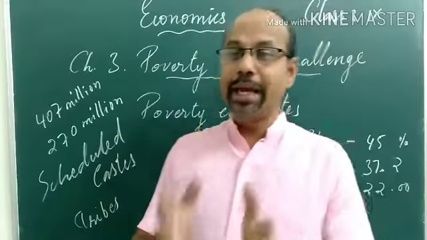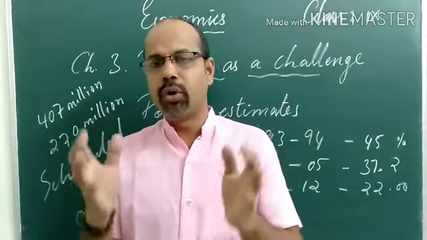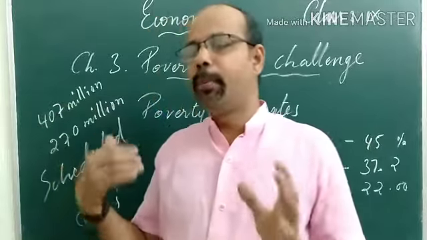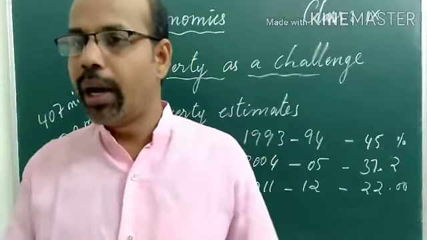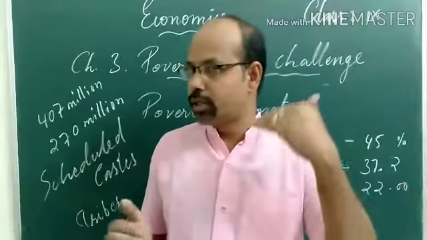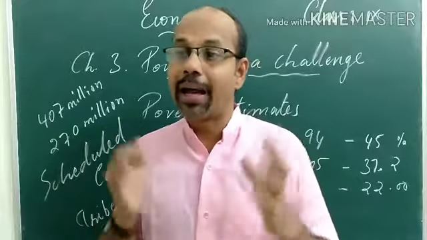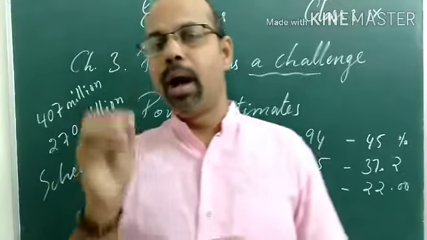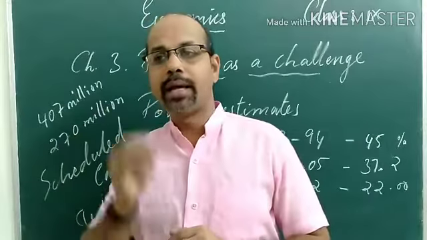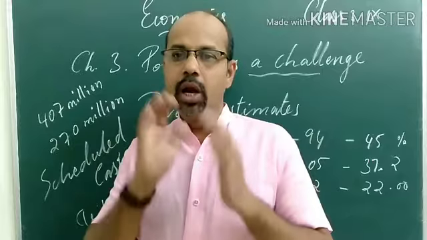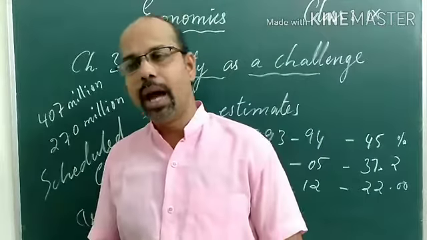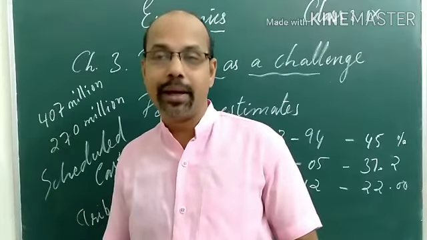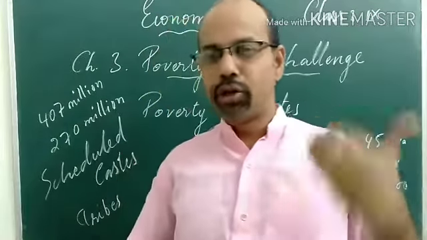When we take the economic groups, the economically backward or poor people are found in rural areas and urban areas, and there is a difference. In rural areas we can find agricultural laborers. Largely, economically vulnerable people are in the rural areas, workers who work in the agriculture field or go for agriculture as work. That is the condition of rural areas.